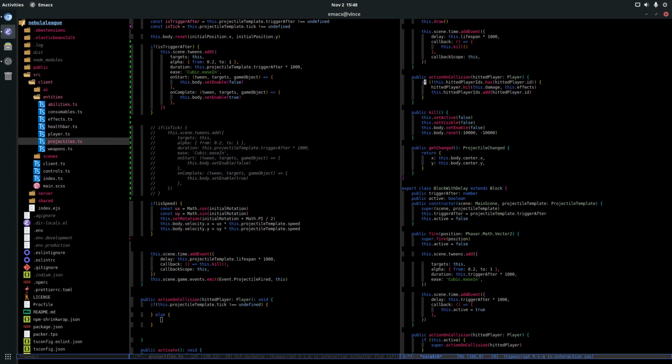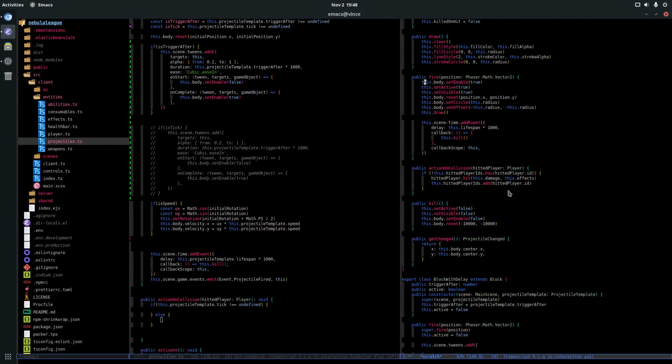I was checking if it's already hit it. Why do I need to do that? Ah yeah, because it can hit several players.